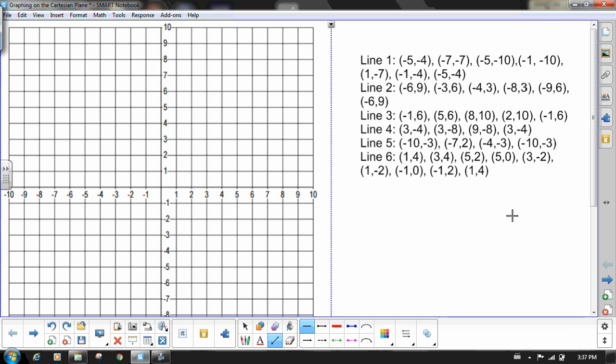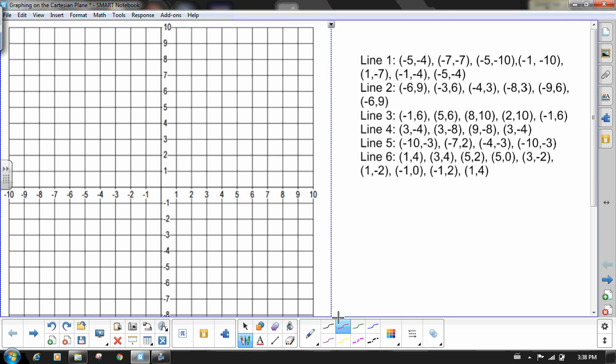I'm away at a workshop at St. Isidore, so I thought I would record a little lesson to show you how to plot positive and negative values on the Cartesian plane. In this activity, where it says line 1, line 2, line 3, those are different parts of an overall picture that you're going to generate. While you're drawing, every time you plot a point, you're going to draw a straight line connecting it to the next point. So the first point that I have here